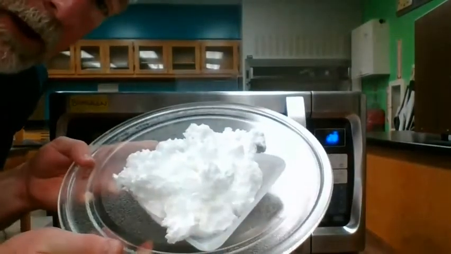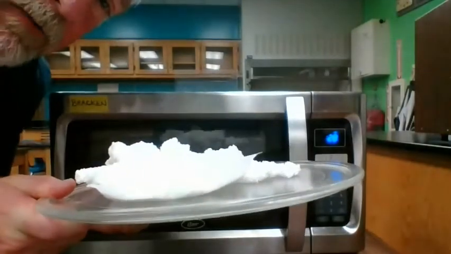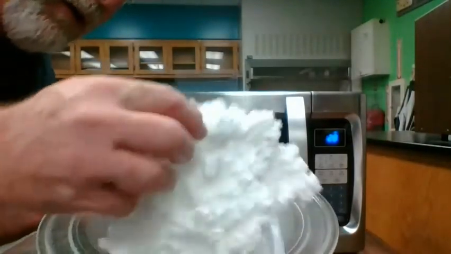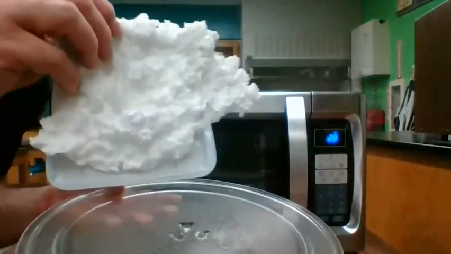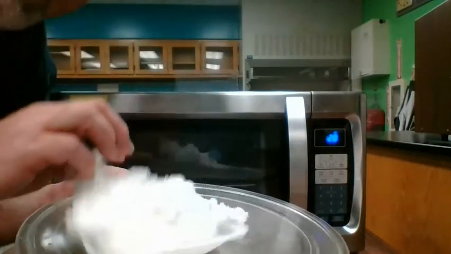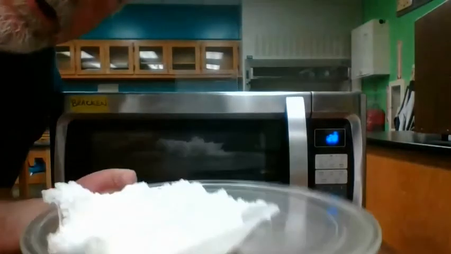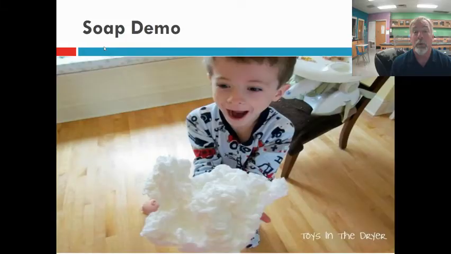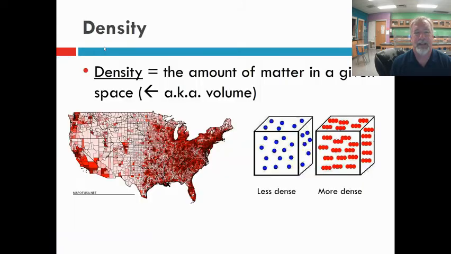Our soap has literally expanded. It's blown way up. I don't know if you can see that. This thing is huge now. Really big. All right, so what do we see here? The air expanded the bubbles in here and it blew our soap up. When we heated up the air bubbles inside of the soap, those air bubbles expanded. It caused our soap to expand too. And we had this funky, creamy stuff. Pretty cool. So that's another way we can think about